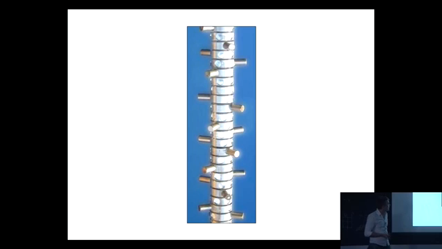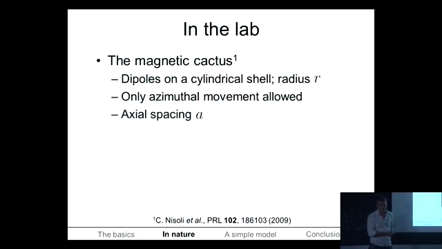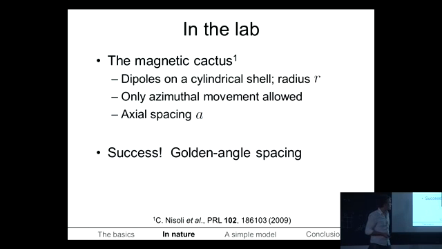Now, these guys at Penn State successfully reproduced the golden ratio angular separation. But on its own, that doesn't seem that amazing or informative to me. It's just like they got the final result. And I think that's due to the fact that they had only a fixed axial spacing,